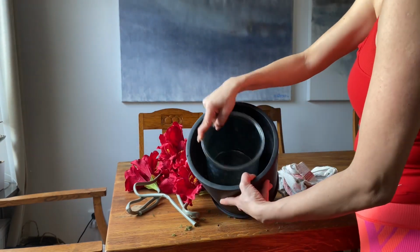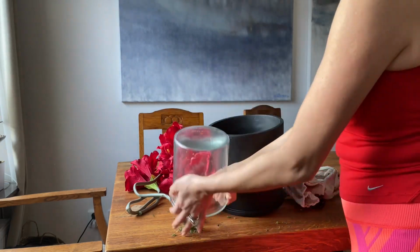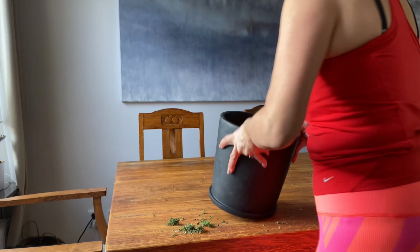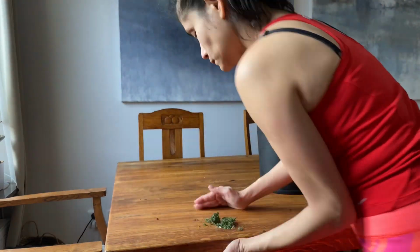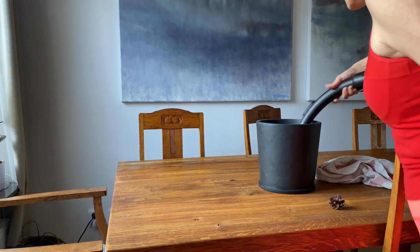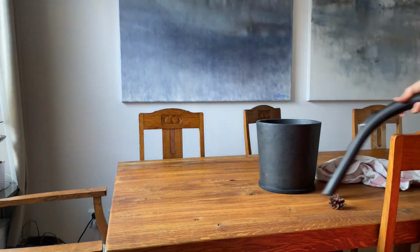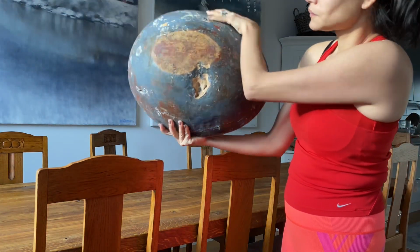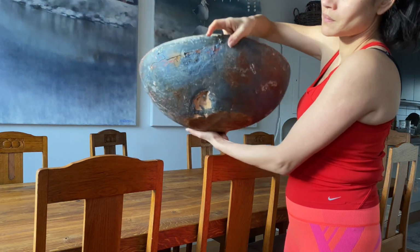Took out the dish towel, and as you can see, I've got a canister there in the pot because the pot was quite wide and I wanted the flowers to sit quite tightly together. So then I just hoovered all the bits and pieces that had fallen off and just gave the pot as well a hoover, put everything back, gave the table again a light clean, and then it was time to add